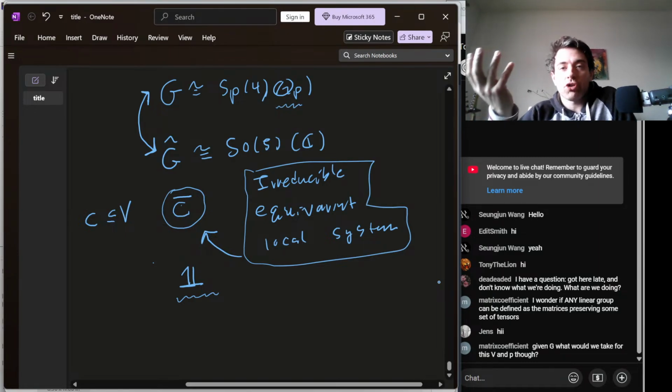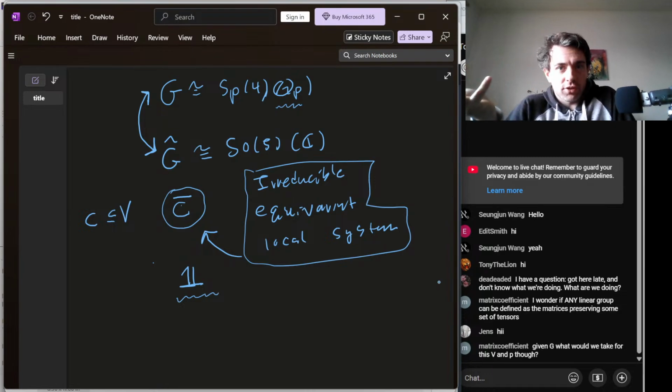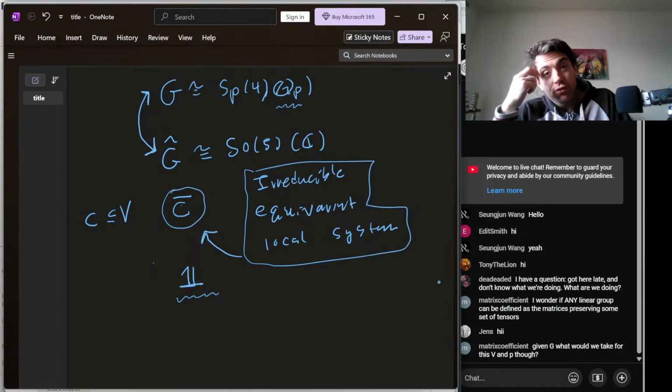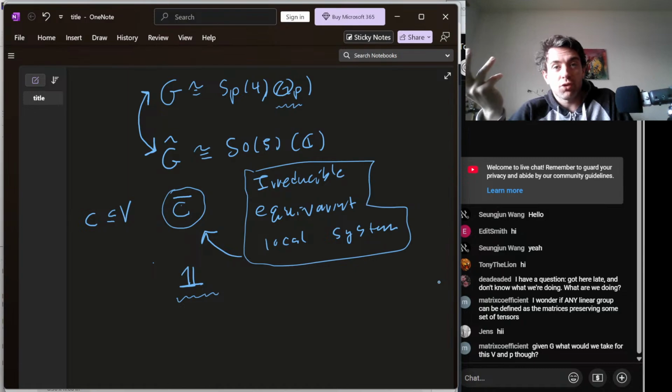And we just weren't sure, even though we phrased this theorem in a general way that says this would work for any irreducible equivariant local system, we didn't actually have any non-trivial examples. Which is fine, because actually the case for the trivial sheaf does a lot of work in this paper. It's an important case for us, but we didn't have any examples.